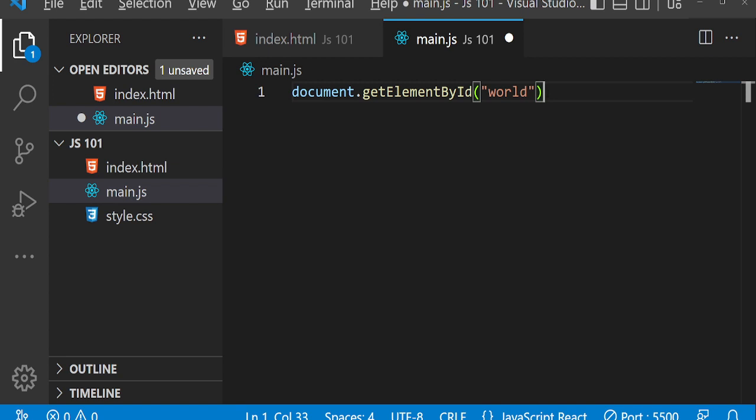Yes, sir. So to get a data ID is going to return us a single element. So now